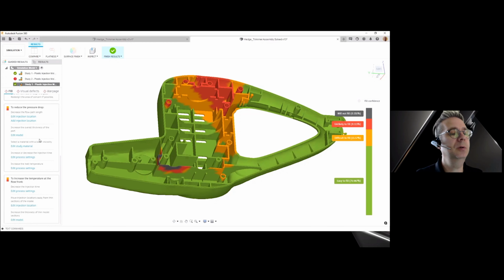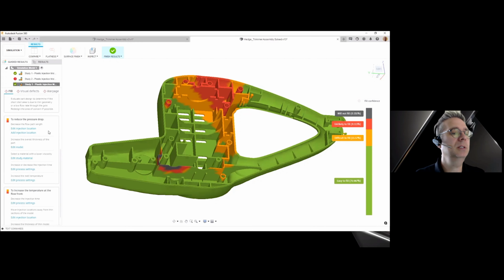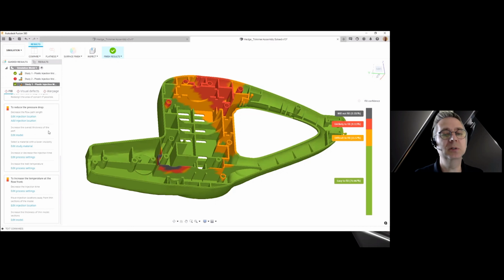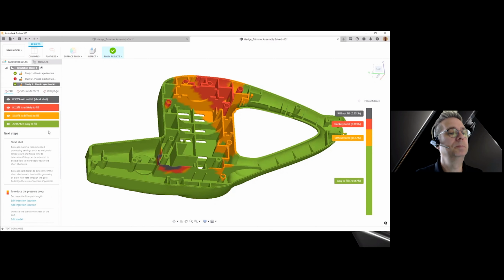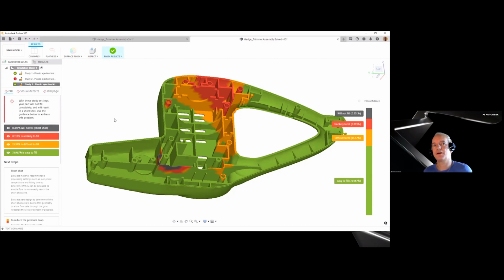It doesn't stop just there though. It says we could change the thickness of my part. That's definitely probably the largest factor as far as parts being able to fill: the amount of pressure required to fill them is driven by the wall thickness. Or we could change to a material that flows easier. So I like that it's got all of these descriptions of, hey, here are things that we think are going to be a problem, and here are possible solutions that you can consider. And these are actually the recommendations that an injection molding expert would be going for first.